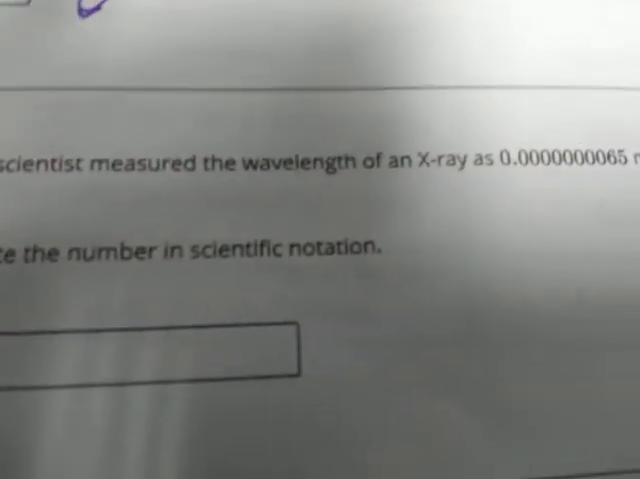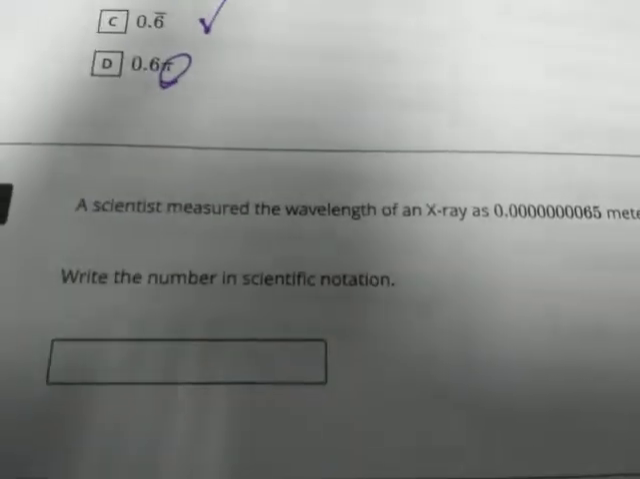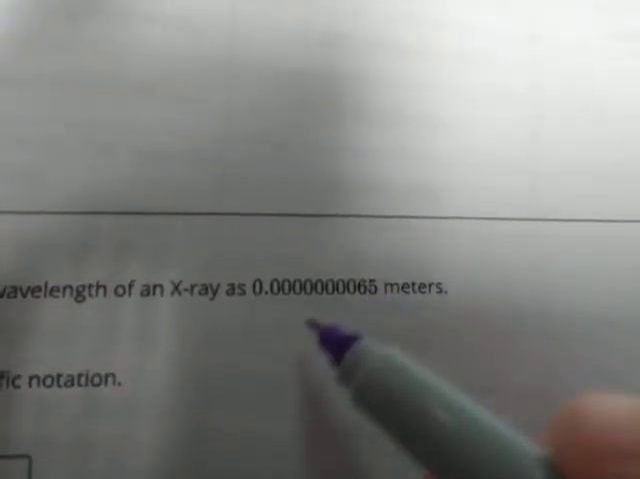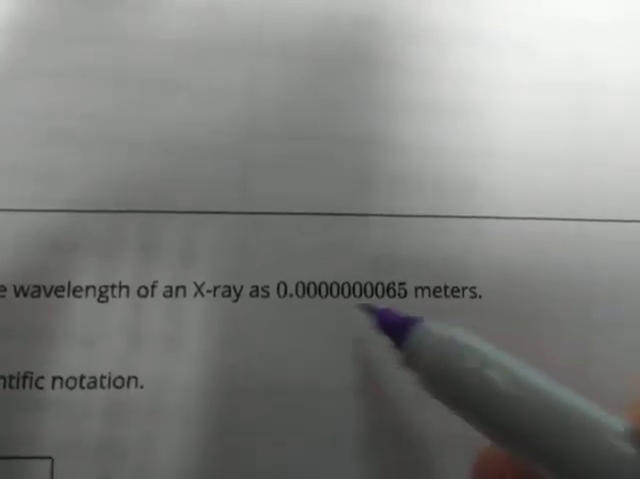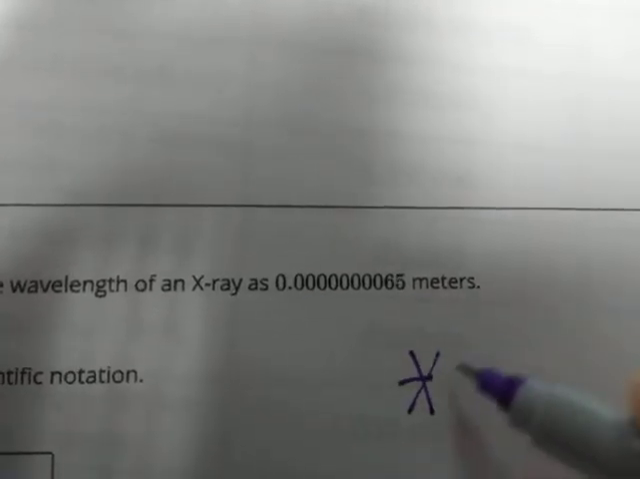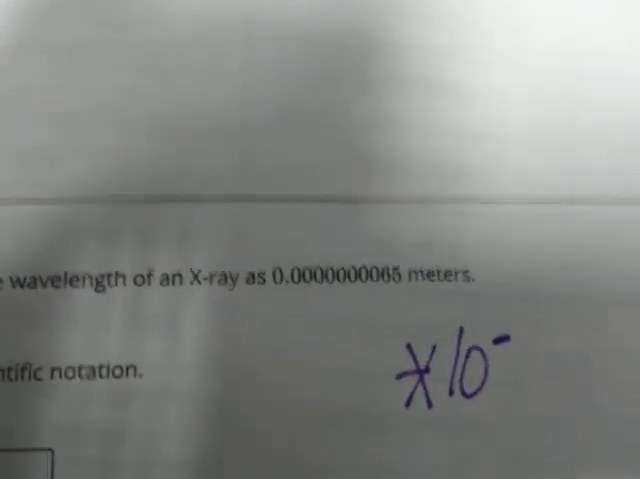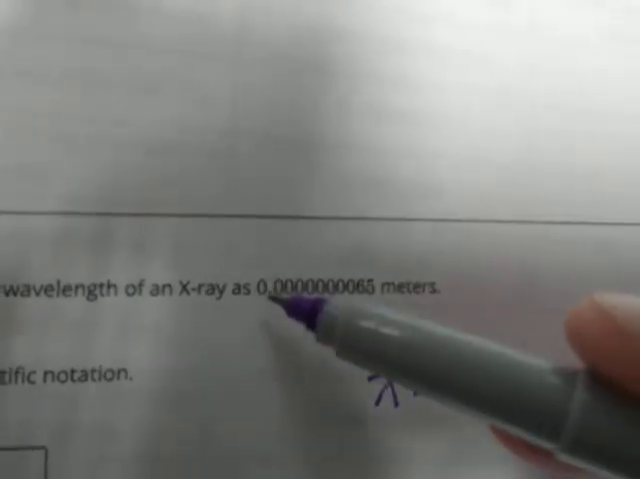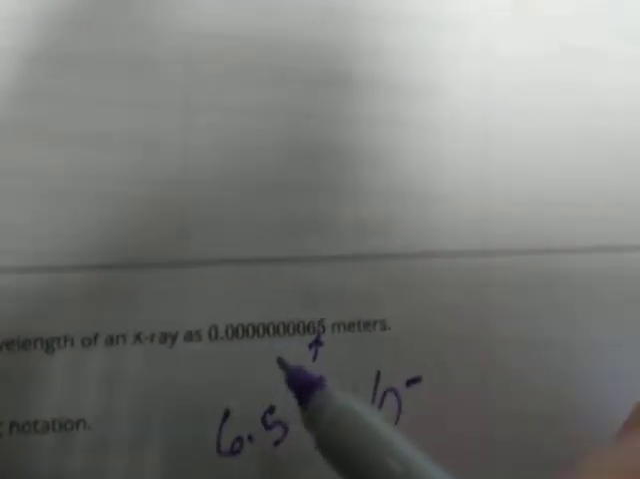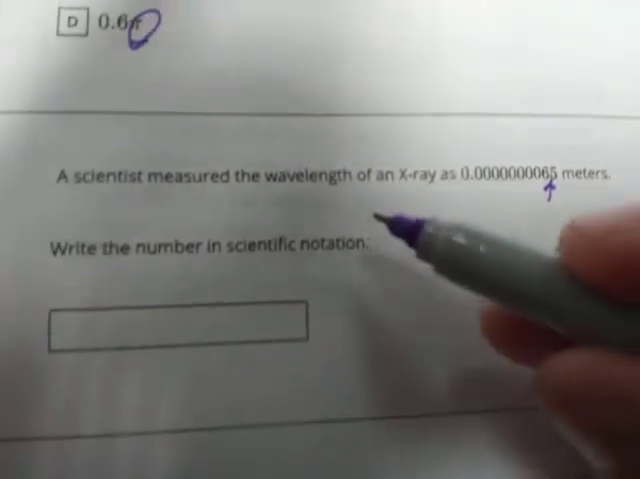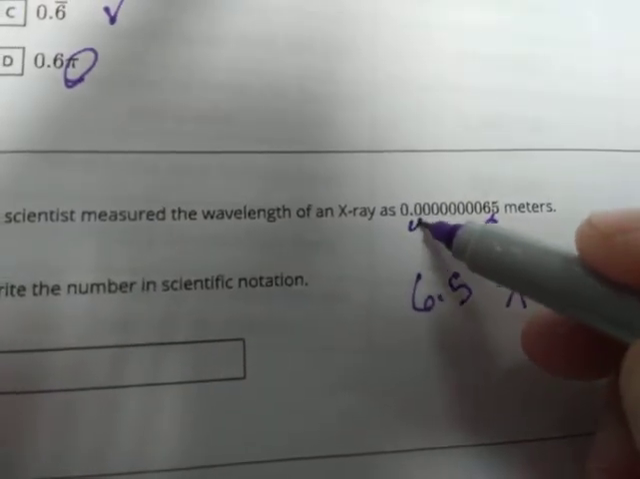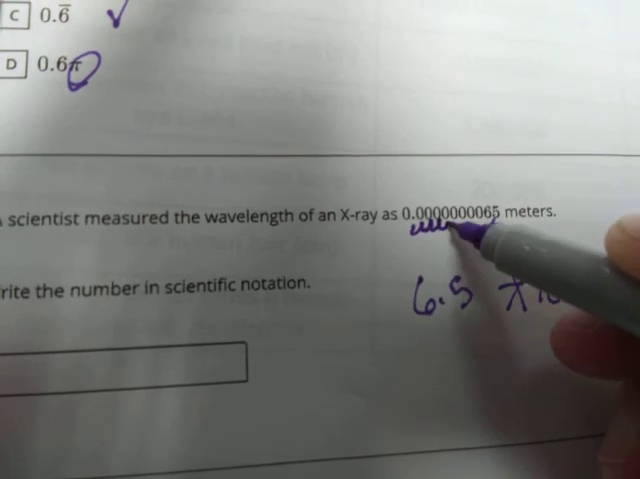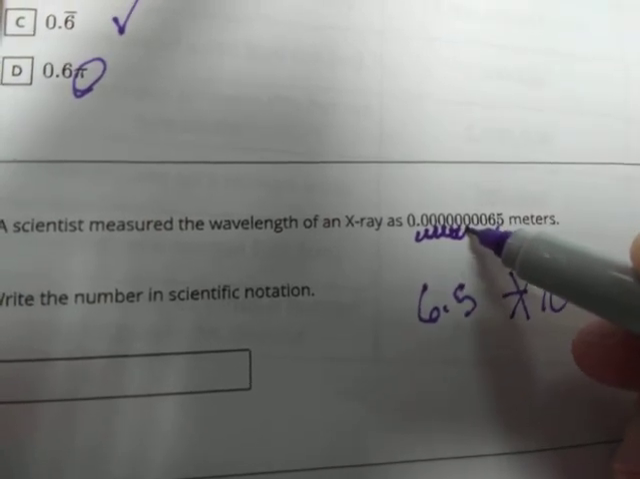A scientist measured the wavelength of an X-ray. Write it in scientific notation. Well, it's little because there's a bunch of zeros, so I know it's automatically going to be times 10 to something negative. Now I'm going to count my decimal places, and I'm going to move it till I have 6.5. And I'm going to count them. So that is, sorry guys, 1, 2, 3, 4, 5, 6, 7,